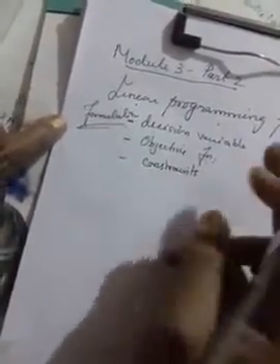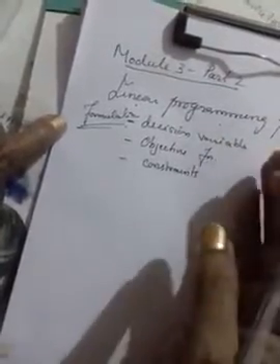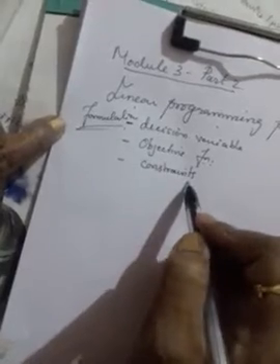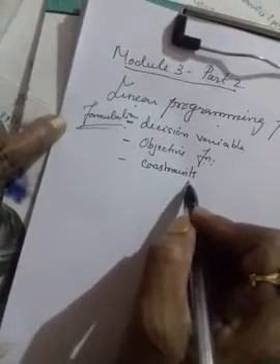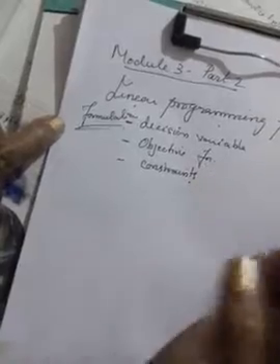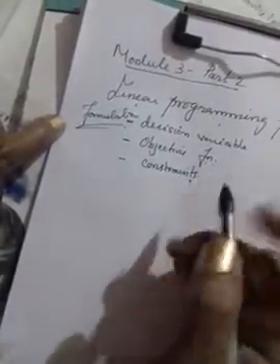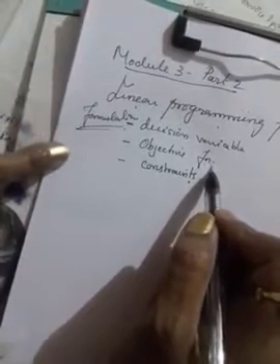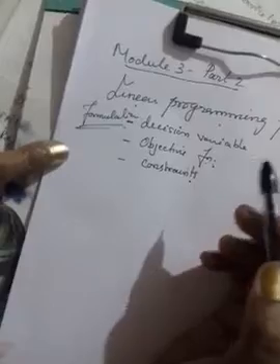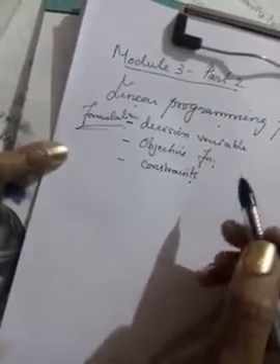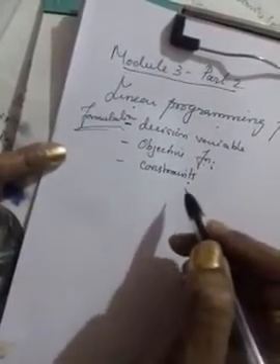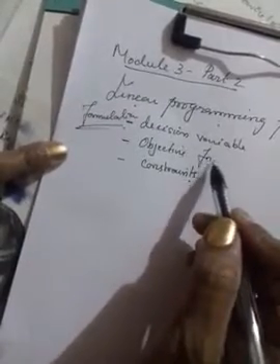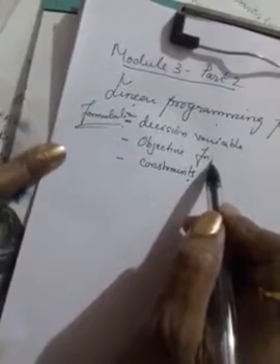So you know what is programming. It means mathematical modeling and solving a problem by allocating economically limited resources. That is a constraint. By allocating economically limited resources, by choosing a particular course of action in order to achieve the objective function of the problem. Okay, that is called programming. So programming means mathematical modeling and solving a problem by allocating economically limited resources by choosing a particular course of action in order to achieve your objective function of the problem.